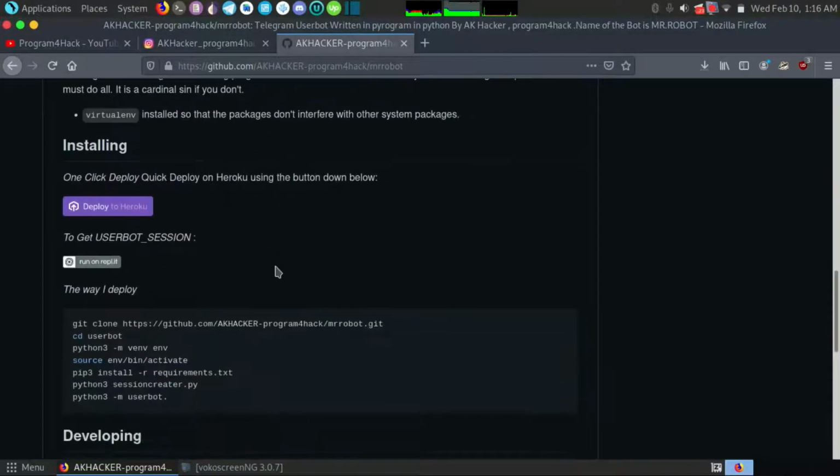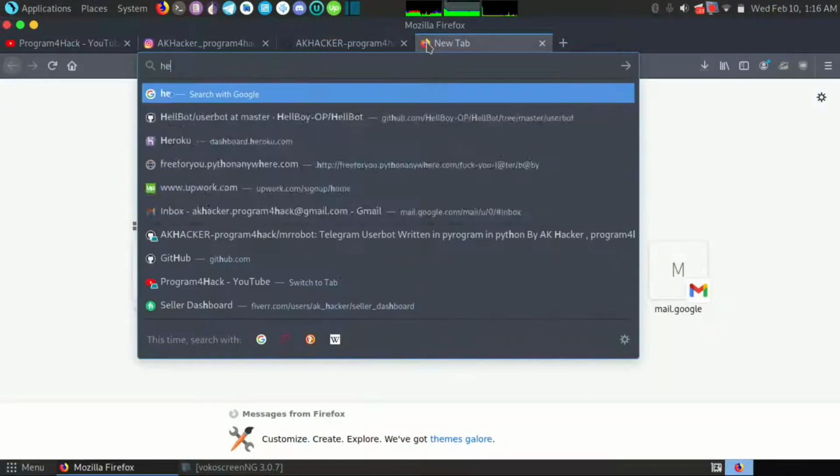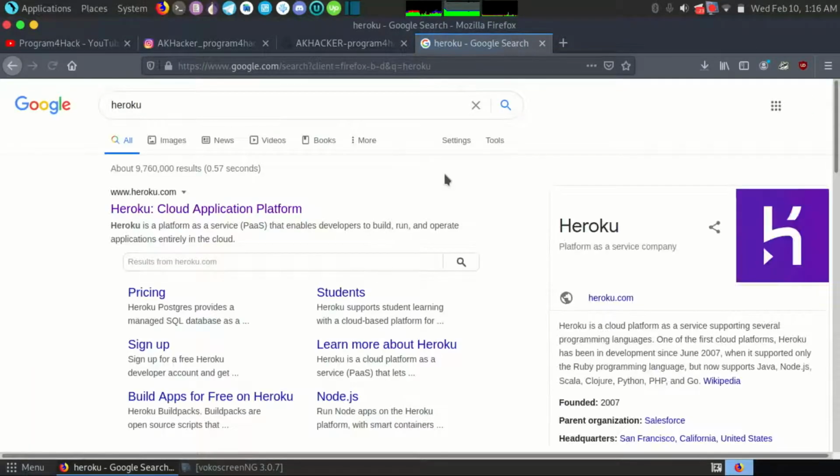So if I go here, here is the installing. Here you can deploy it on Heroku. If you don't know about Heroku, Heroku is a web hosting provider where you can host anything. If I go here, it supports so many languages. You can host many languages' scripts there.